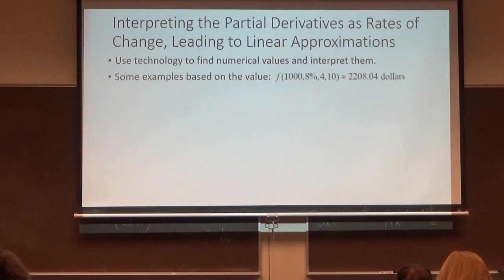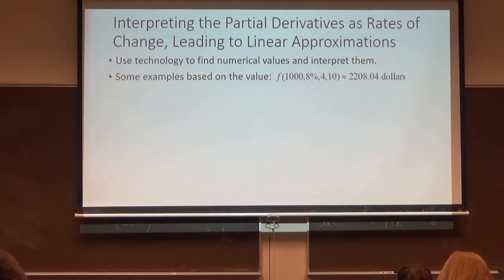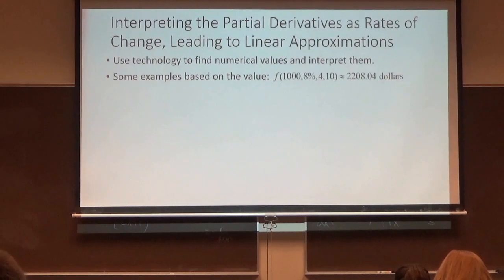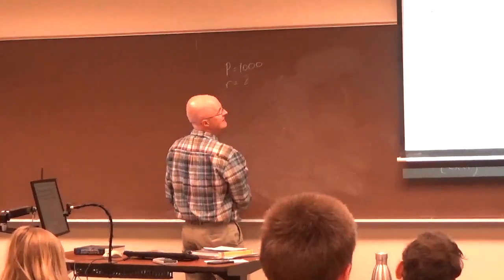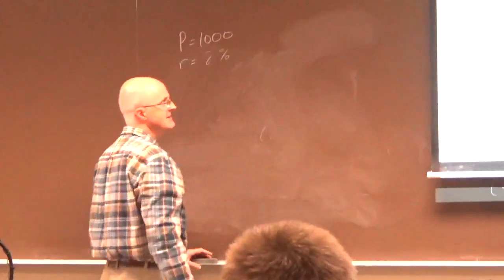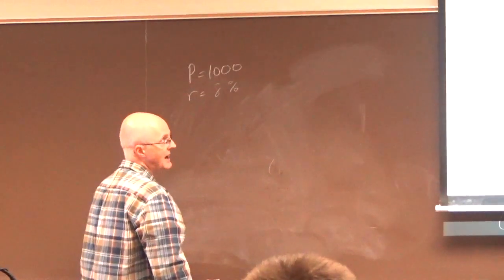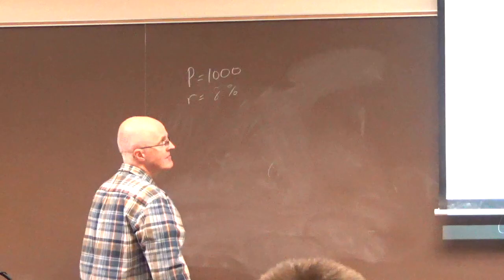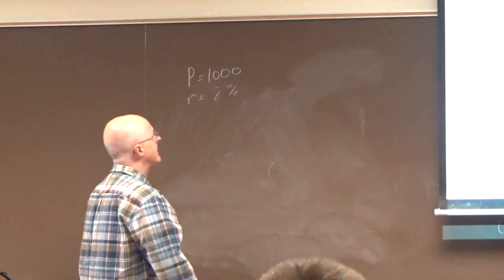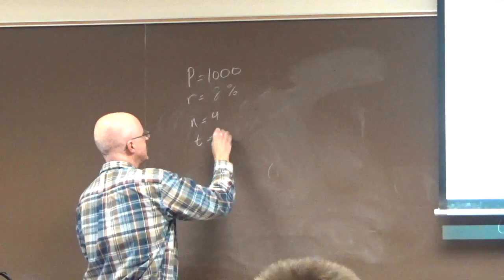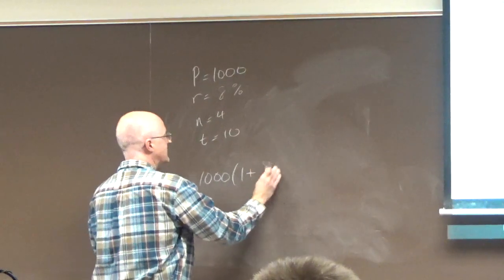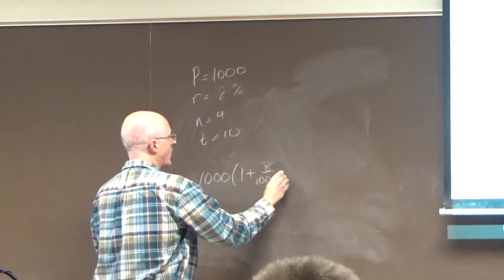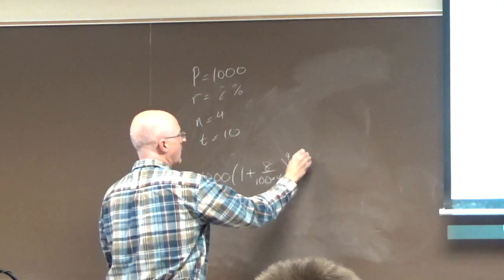Here are some examples. Based on this fact, what is that fact saying? Remember, P is the first thing, that's 1,000 in this case. R as an interest rate is 8. I put a percent sign there just to emphasize that you're thinking of it as percent. Do not convert it to 0.08. I didn't have to put a percent sign there. N is 4, T is 10, and what this is claiming here is 1,000 times 1 plus 8 over 100 times 4 to the 4 times 10 power